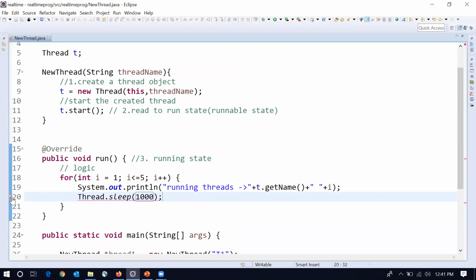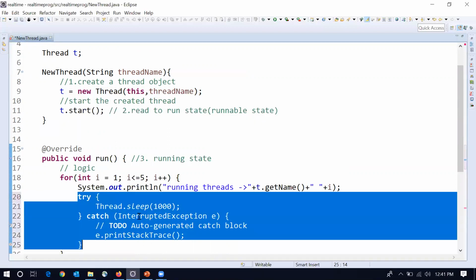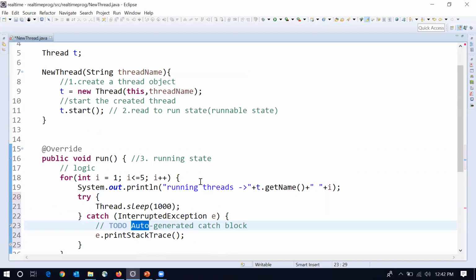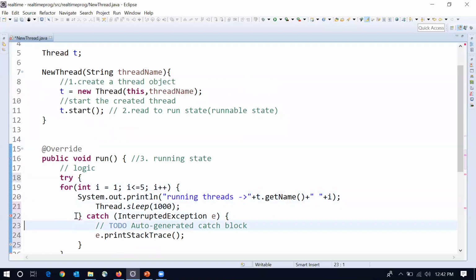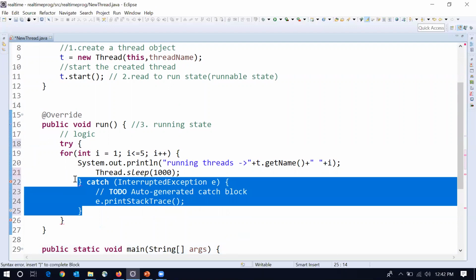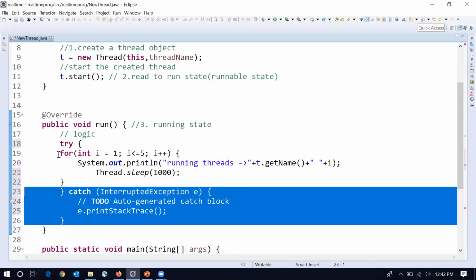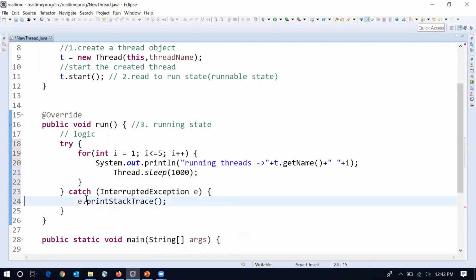Whenever we call the sleep function, we have to surround it with a try catch block, because sleep throws a checked exception, which is InterruptedException. There is no need to have the try block for every one of them. We can take the try and catch blocks outside the for loop, so we don't repeat them each time. So in this way, we can write the logic.